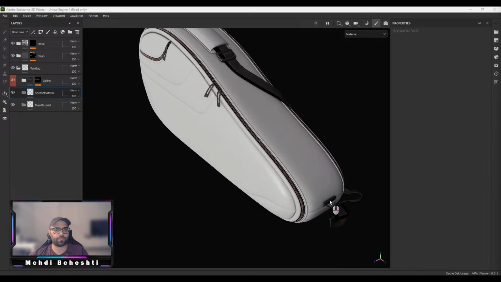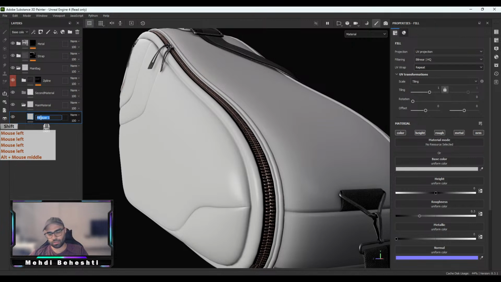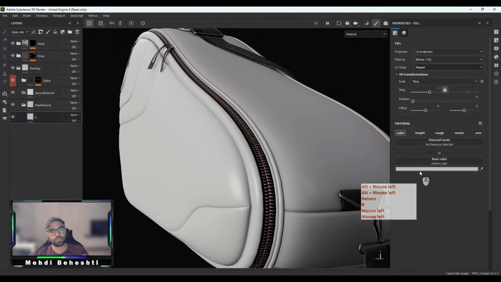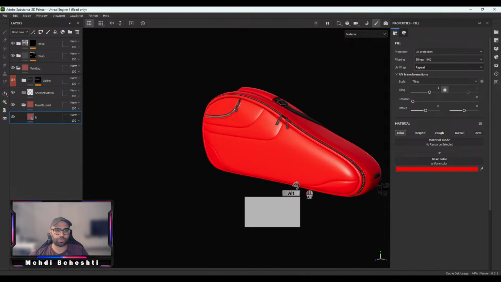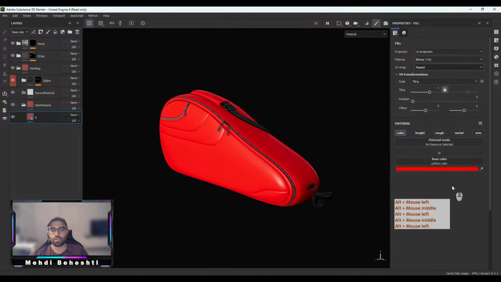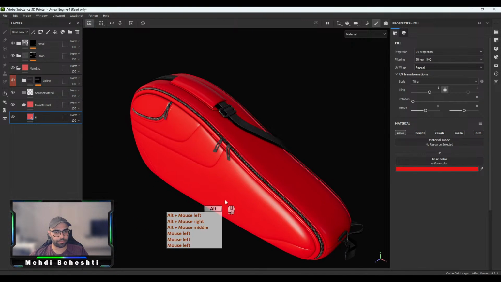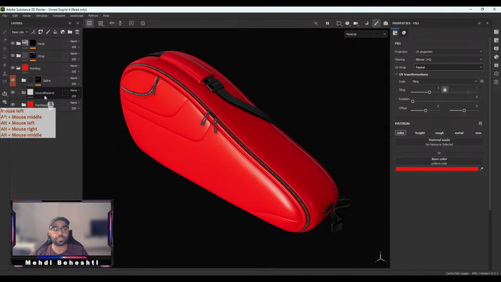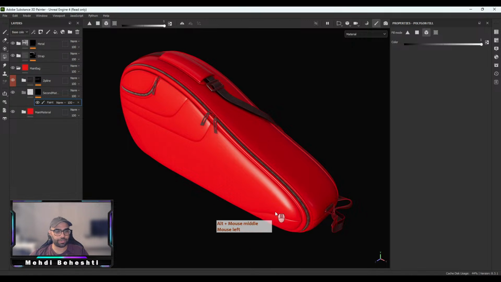Yeah, it's enough. For the main material, we have a placeholder layer. We call it R and push it to the red. Okay, so we need the main theme here. If you want to have the blue bag or any kind of color, you can choose it here. And for the second material, it's important to have a black mask and paint as a sub paint layer